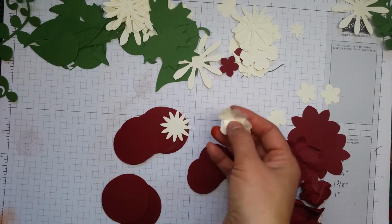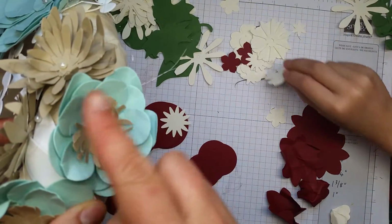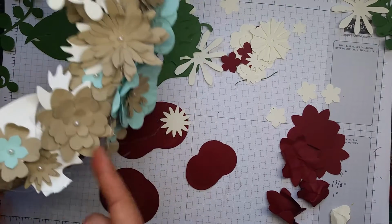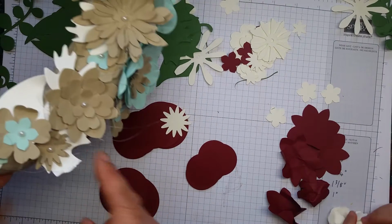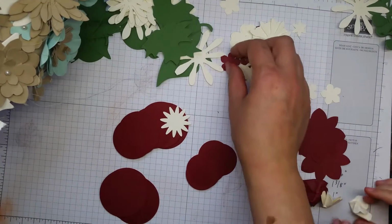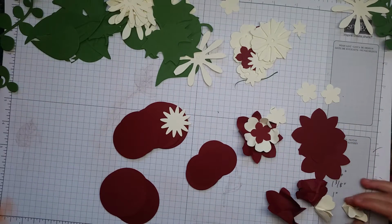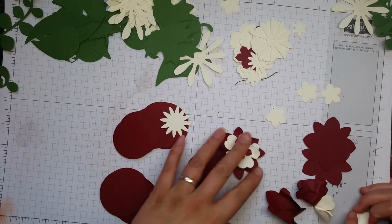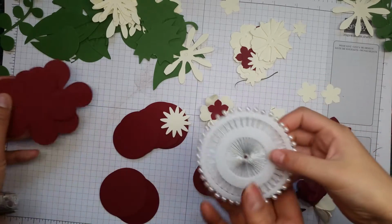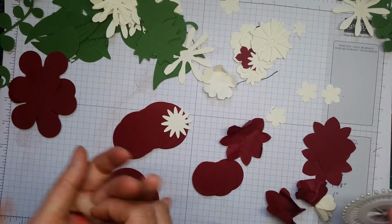So I'm going to show you first of all how to make this flower here. Oh no, not that flower. Where is it? No, that one. So it's one of those, one of those, one of those. That's it. And then a pearl through it. Oh, that's easy. Okay, so I think this kit is made up of... These are the pearls. Because there's points at the end, that's the pin. The pin. So I found a really easy way to...